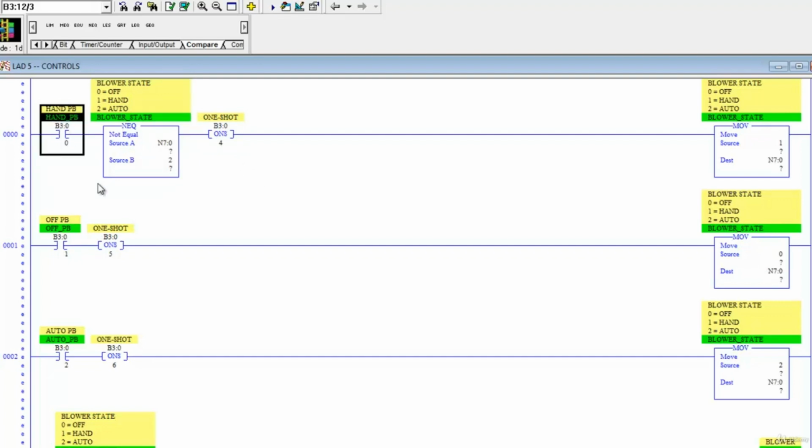So now when we push the hand push button, the first thing that's going to happen is the program is going to look to see if the blower is in the auto state. If it is, then this rung is not going to execute its output, and it'll stay in the auto state. But if we happen to be in off, or if we happen to be in hand, this one shot's going to go ahead and fire for one scan,